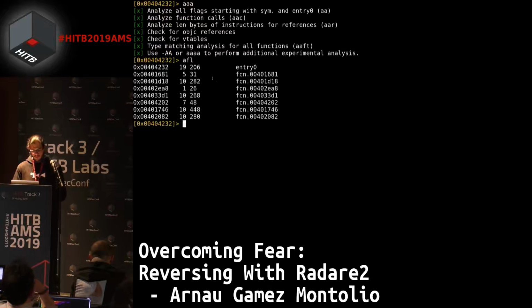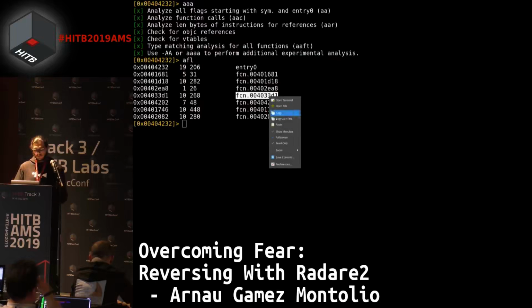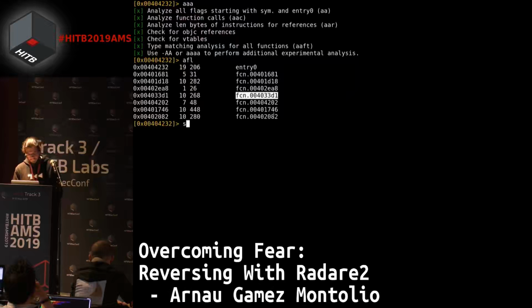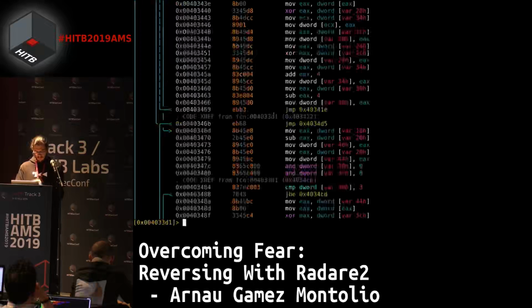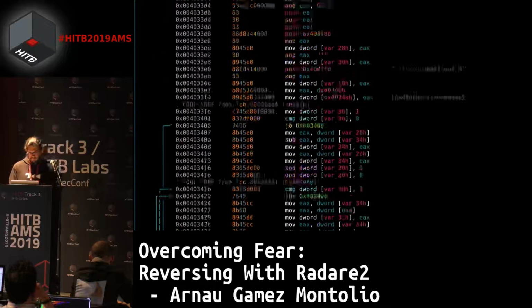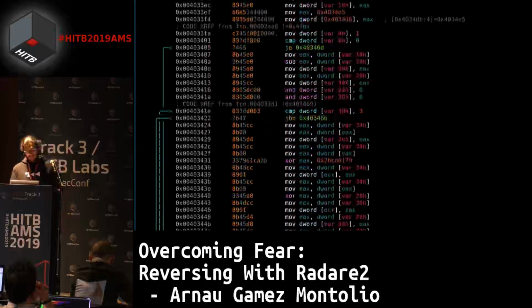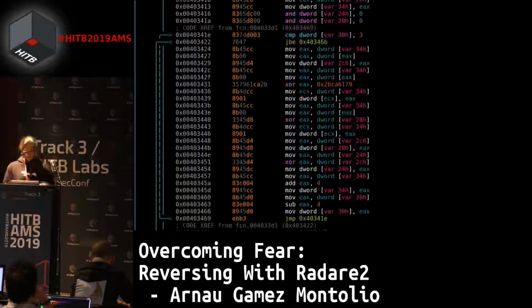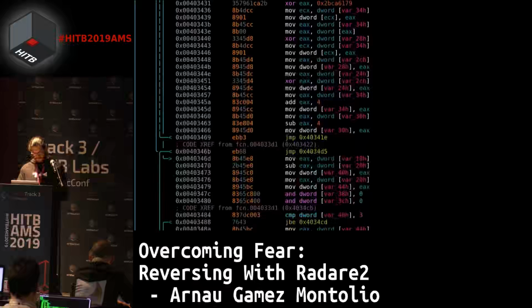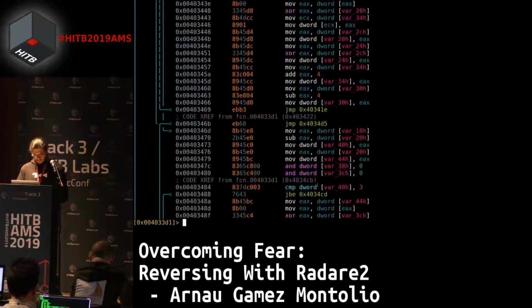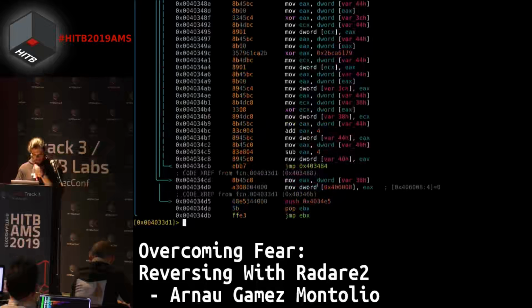Let's list the functions. Now I will skip one boring part, looking for what the function is doing, but I can tell you that this function has something interesting. We seek to it and print this assembly. We don't care what's going on here, but you can see it's moving some memory into some registers, then XORing some stuff, again XORing some stuff, again XORing some stuff, jumping back, jumping forward, and then we have, let's print the whole function, this